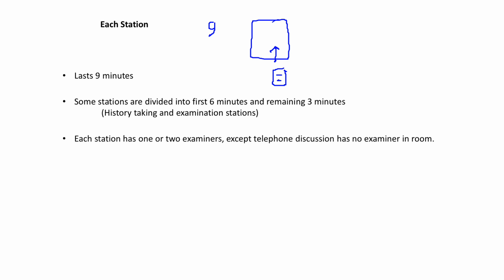In most stations you do your task in 9 minutes. However, you hear two bells. One bell is after 6 minutes, because in some stations like history taking and examination stations, you stop at 6 minutes. You stop taking history, you stop doing physical examination. So after 6 minutes you hear the first bell, and then